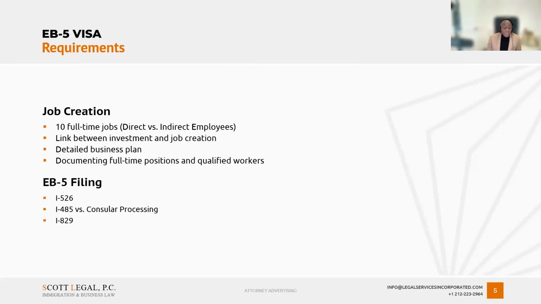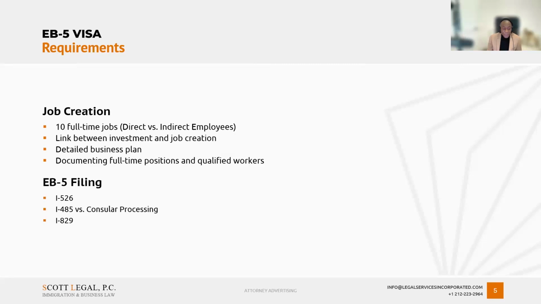So in terms of what's filed, with an EB-5 filing, there are going to be 3 major steps. The first step is going to be filing an I-526 or I-526E. If it's a regional center, it's going to be an E. If it's not, it's I-526. And what this petition is really doing is showing that you have met the criteria that we just described, right? That you are going to be able to create 10 full-time jobs, that you have made the investment, that there are no restrictions or guarantees with respect to the investment, that the source of funds is fine. The I-526 is, we'll call it, the hard part, the part that is a bit more difficult.